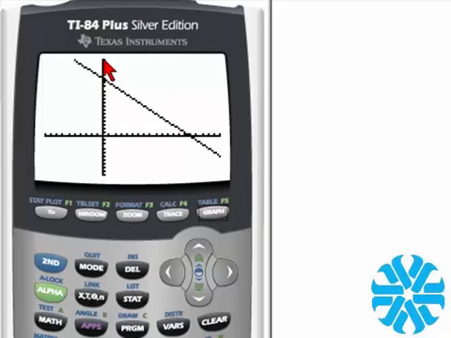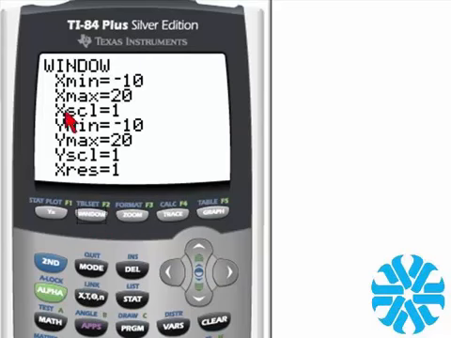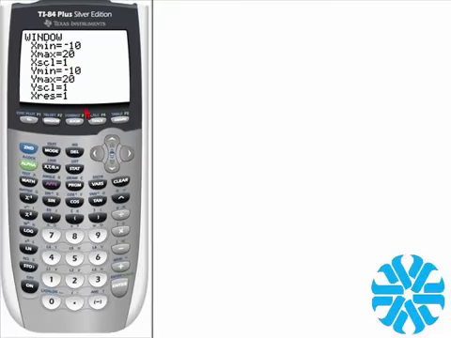Notice here you can see the increments. Now the increments here are spaced 1 apart, and the increments here are spaced 1 apart. So let's say that we want to change the spacing a little bit. Let's go back to Window, and let's say we want the increments to be spaced 2 units apart. So let's move to the x scale. That's what changes it, and say 2 there. And let's go down to the y scale and change that to a 2. So each increment on the x and y axis is going to be spaced 2 units apart. Let's hit graph,